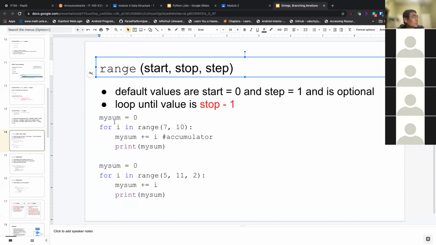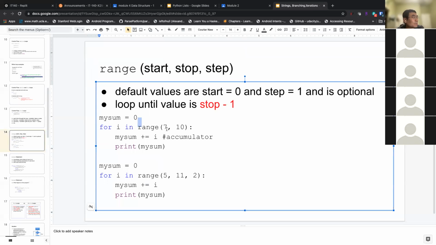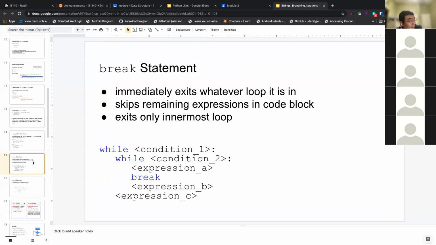So here is an example. You have an accumulator, and from 7 to 10, you add the numbers from 7 to 10, right? Here you have a range of 5 to 11, skip 2. So basically it's 5, 7, 9, 11 is not included, and you add them together. So that sum will be a summation of 5, 7, 9.